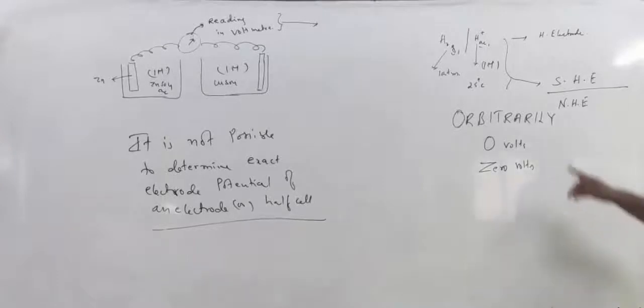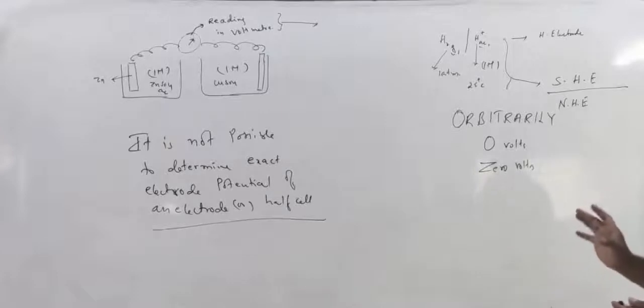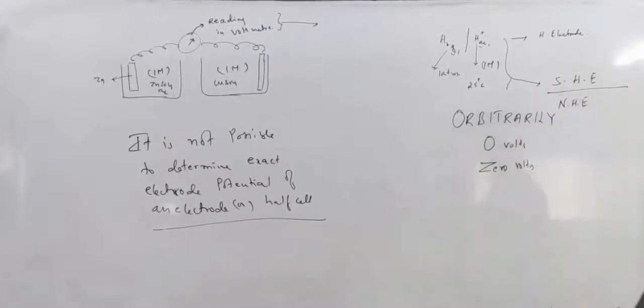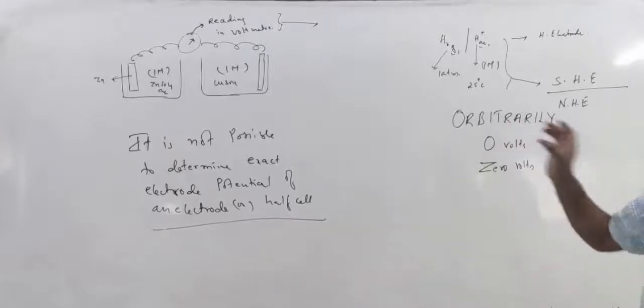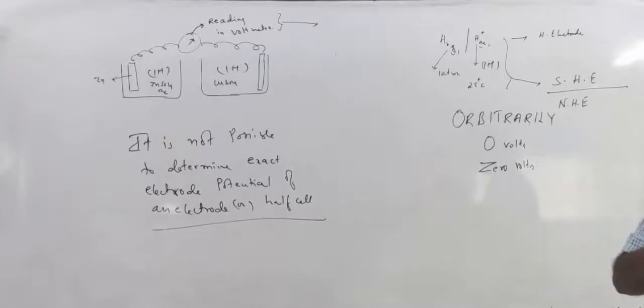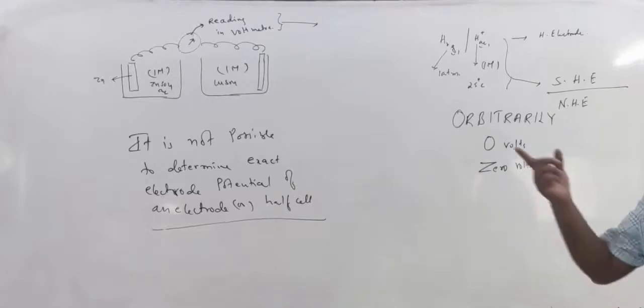So suppose you want to measure the electrode potential of a single electrode, then it must be connected to the standard hydrogen electrode. Then you will get the EMF of the cell. In the EMF of the cell, E0 cathode minus E0 anode, one electrode potential you don't know, so that can be calculated. So we'll see in the next lecture.